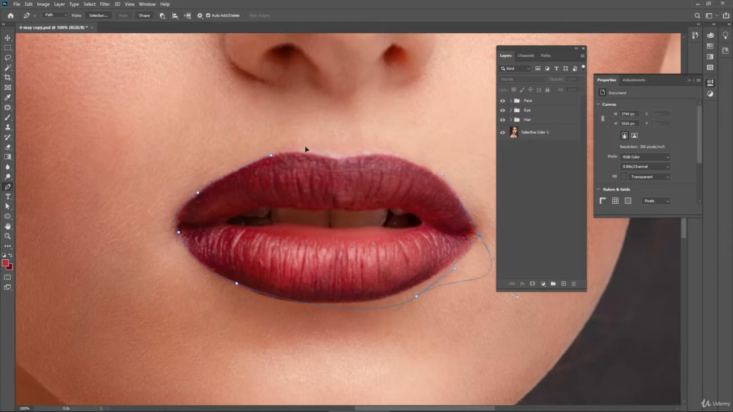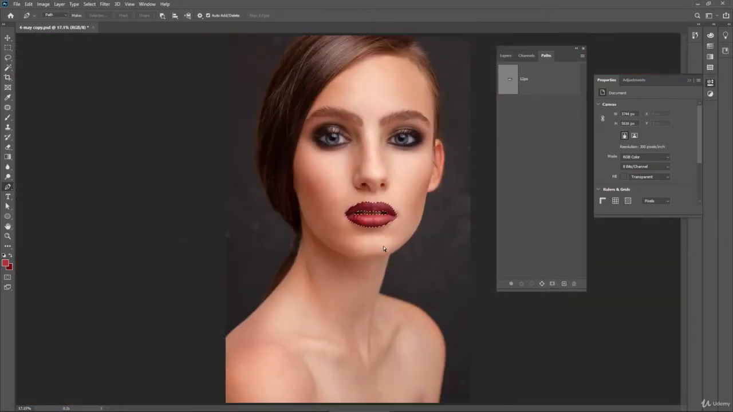So I'm creating a rough path over here because I already have created a path, and then I select the subtract front shape option over here and create the inner cavity of the mouth like this. Now let me say delete a couple of times to delete this bad path because I already have created a nice path. And in the paths panel we have this path, and now I say control or command and click on this path and I get the selection like this,